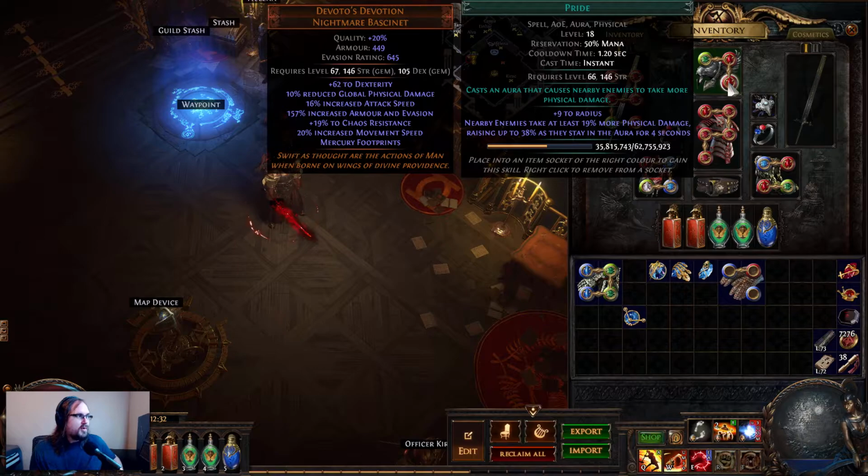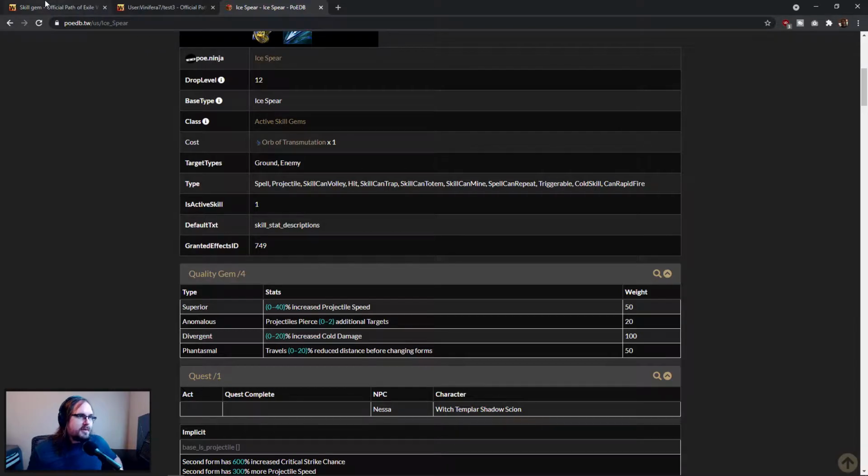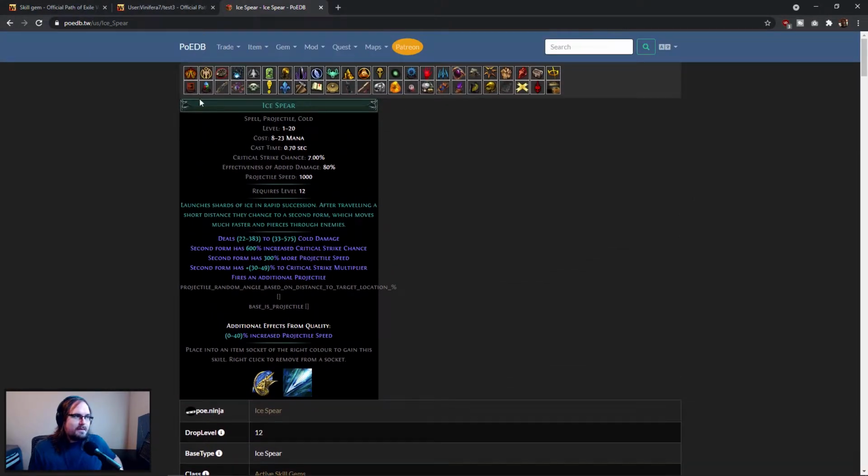And if I hover over Pride, you're going to see nothing is affecting that. So it's an easy way to make sure that your links and your gems and everything are working the way that they should be. Now we're going to close off this video by hopping back over to PoEDB and talking